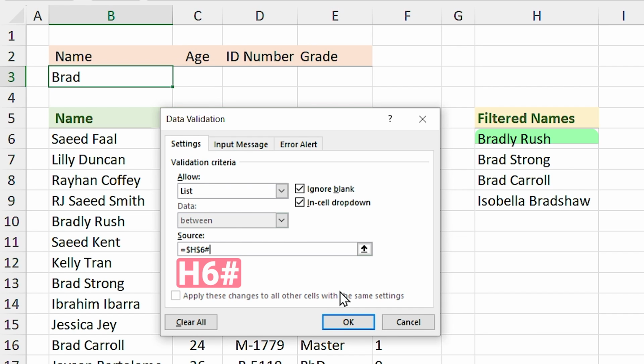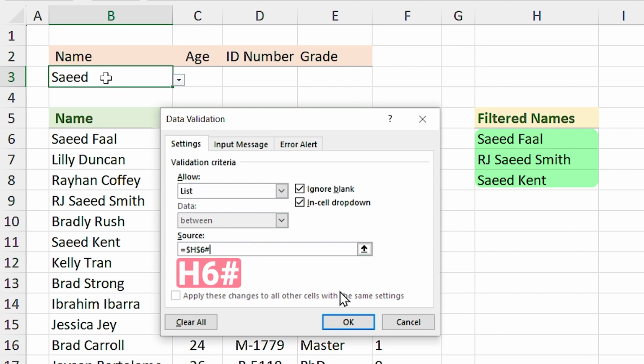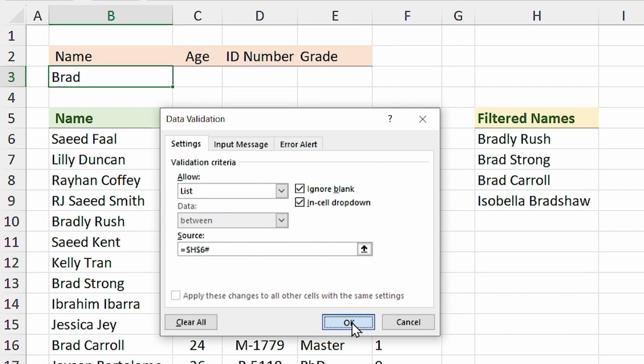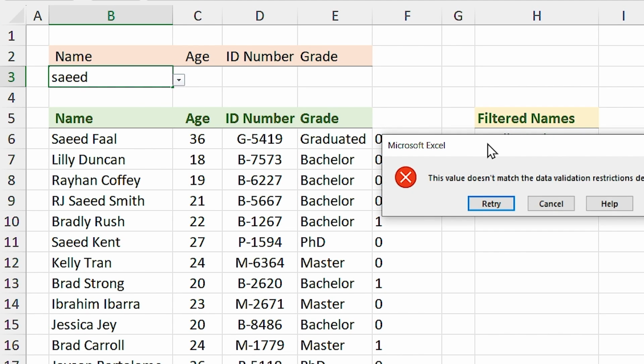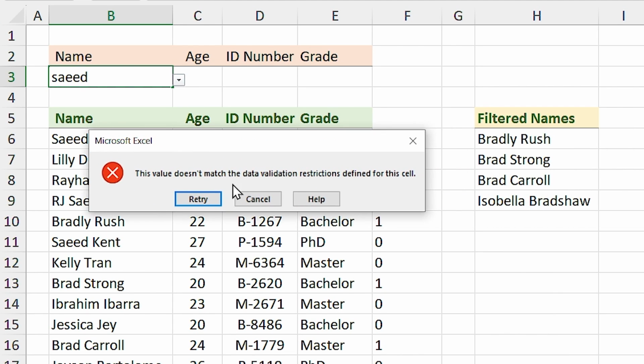In this case, we have 4 items in the array. But if you search for another name, your returning array will change. So this hash sign is forcing Excel to show all the new returning array in the drop-down list. Click on OK. Now if I search for Saeed, I get an error alert because by default Excel won't let